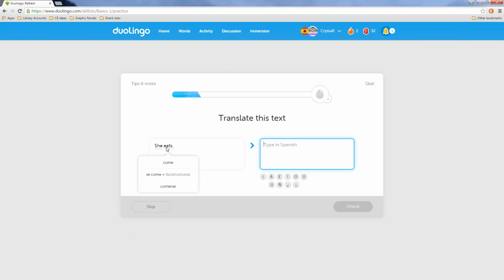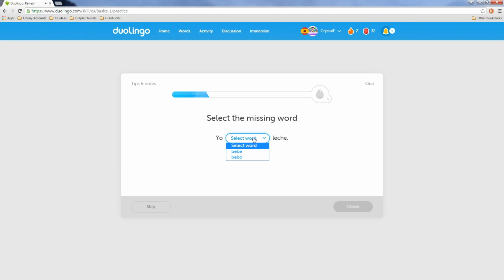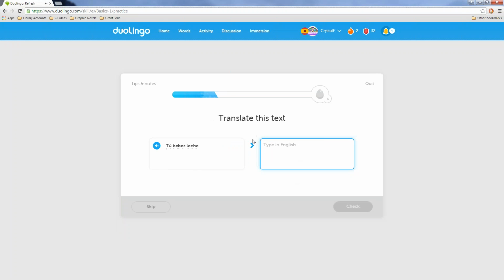Besides translating Spanish into English and English into Spanish sentences, another option they have is for saying a phrase. So here I have to complete the sentence. And notice that it's not telling me why I'm picking the words I'm picking. It just pushes me and prompts me to choose these words. So you start to learn the rules of conjugation and the grammar of the language